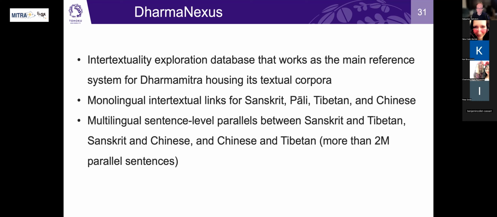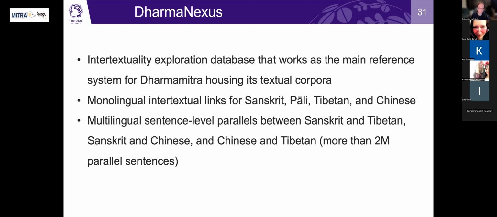Then we also have possibly the biggest collection of multilingual sentence-level parallels. For example, for Tibetan Mahayana Sutras, we have in some cases the Chinese translation aligned at sentence level, so you can click on the sentence and see the Chinese version of the Tibetan side by side. We also provide that for Shastric literature, for example.